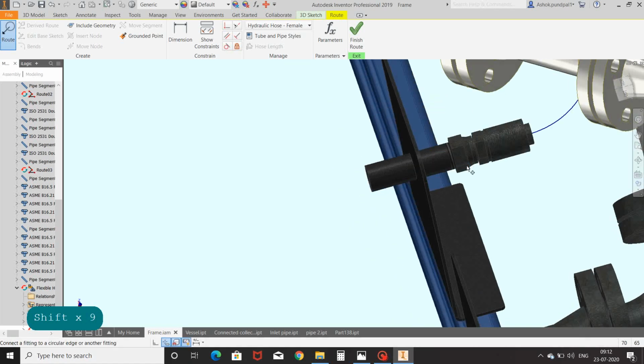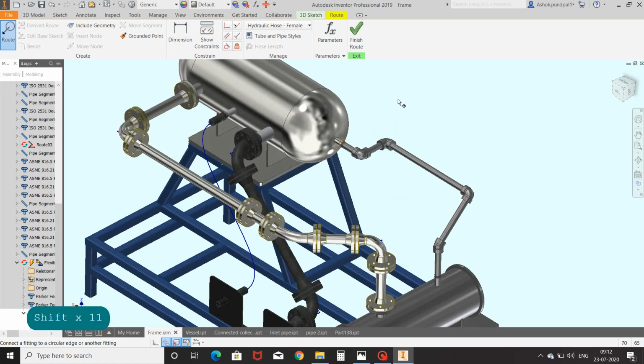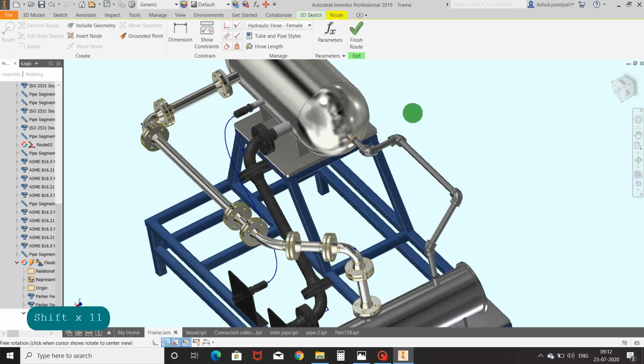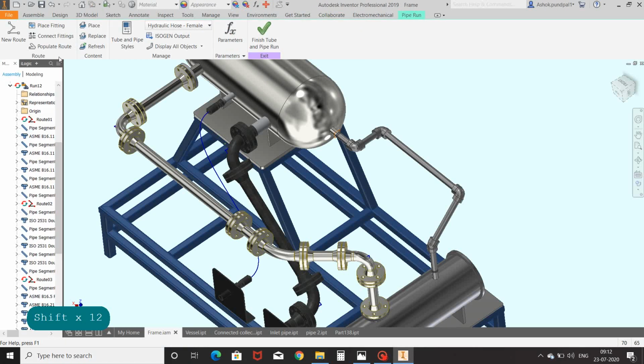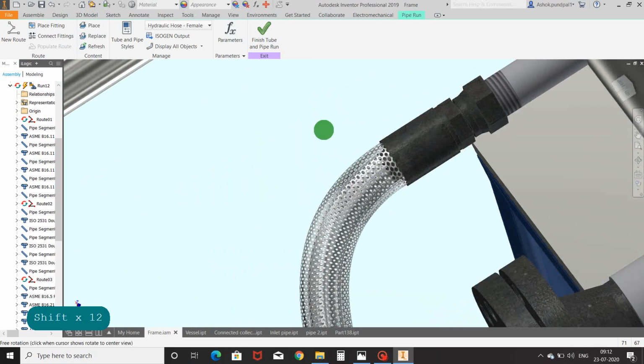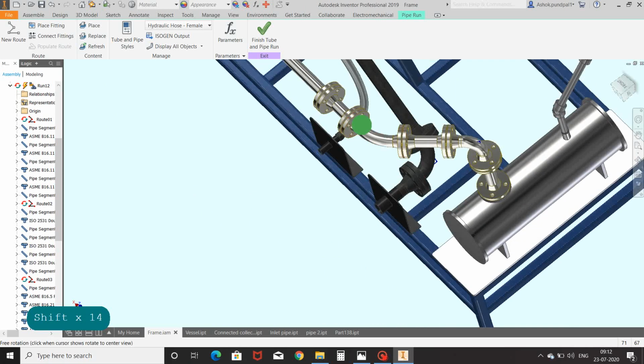And here the end connections and route are created for the hose. Finish route and populate it. Now you can see the flexible SS hose is created as per the selected style.